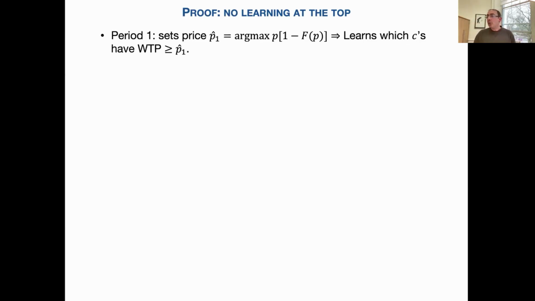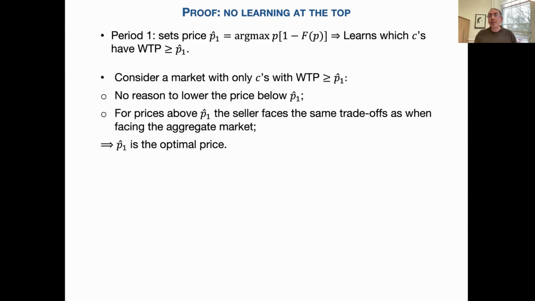Now, what can you do in the second period? Well, in the second period, first of all, consider only a market. Suppose that you create a market where you put together only consumers that have a value above the uniform price. As Daniel was saying, now the distribution is not anymore uniform between 0 and 1. Suppose that we start with uniform between 0 and 1. Now it's going to be uniform between half and 1. If it was not uniform, now it's going to be F truncated at the lower bar, at P_1.